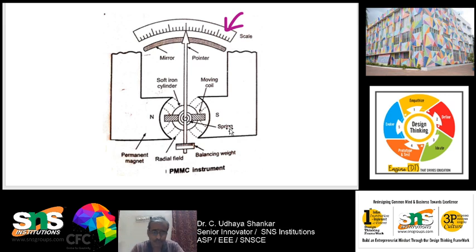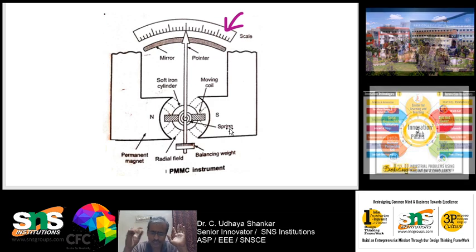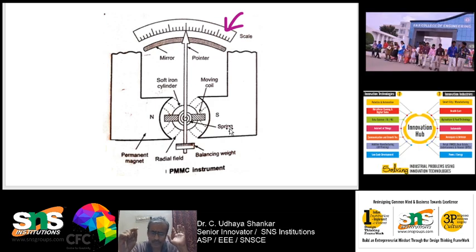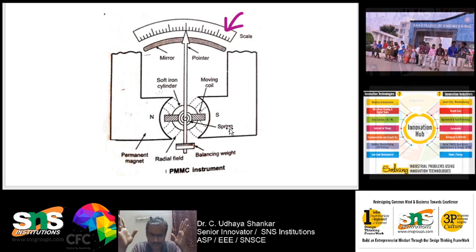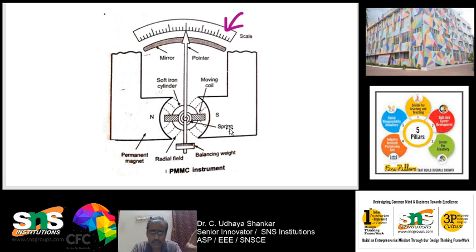Okay, the main advantage of PMMC is it is using a uniform scale. And also the power consumption is very less. Okay, it takes just about 25 microwatts. Just 25 microwatts is the power consumption of any PMMC instrument. Accuracy is very, very high. Sensitivity is very, very high. That is, a small value of current also can be easily identified. So sensitivity is very good, accuracy is very good, power consumption is only 25 microwatts, uniform scale is there,